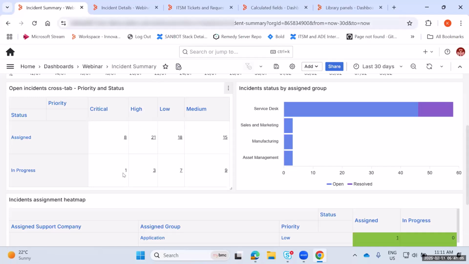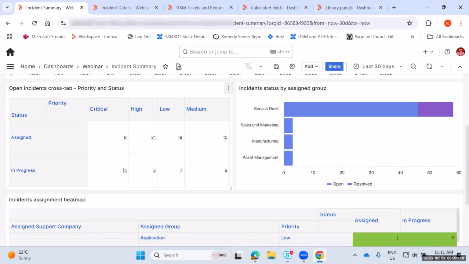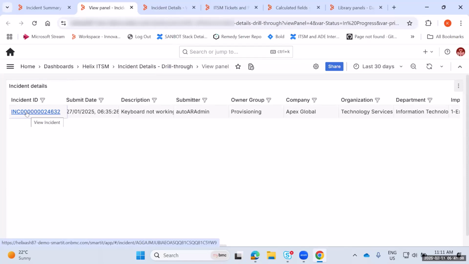So instead of detailed data being available as a tabular panel here, we can configure a data link, a drill through link, and we can see the more detailed data for particular or matching incidents on the detailed drill through panel. And further, we can have cross launch as well to view the actual incident in Smart IT. If we look at this particular example,